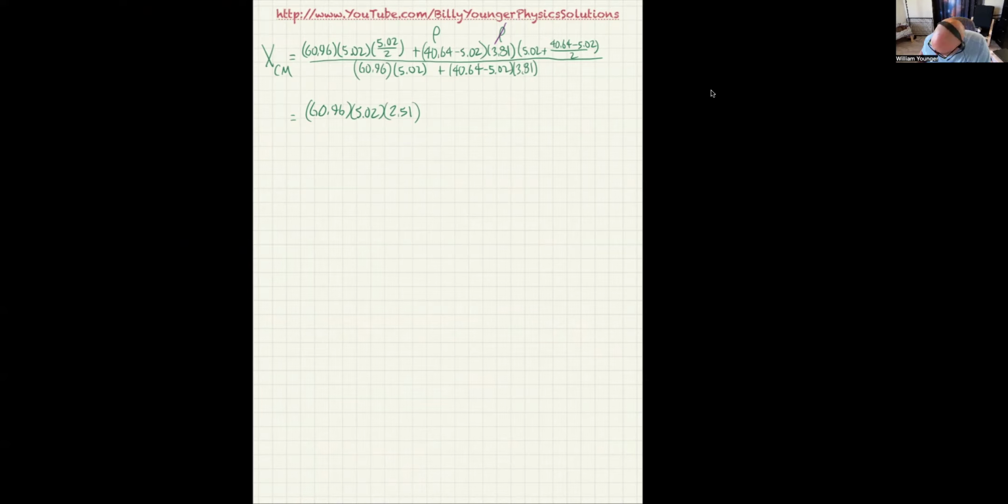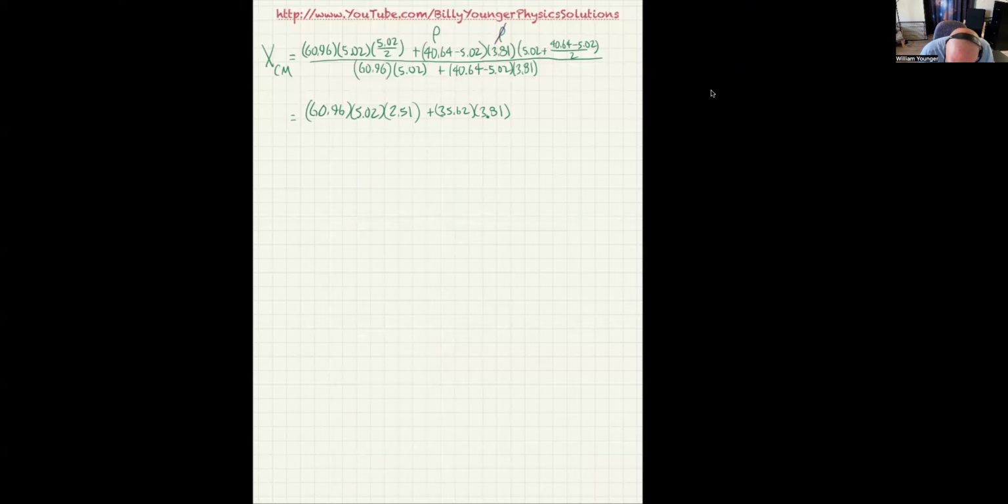40.64 minus 5.02 gives me 35.62. So that's going to be 35.62, again centimeters, times 3.81, again centimeters. And then if I take the 40.64, which is 35.62, and I divide that by 2, that gives me 17.81, and then I can add that to 5.02,